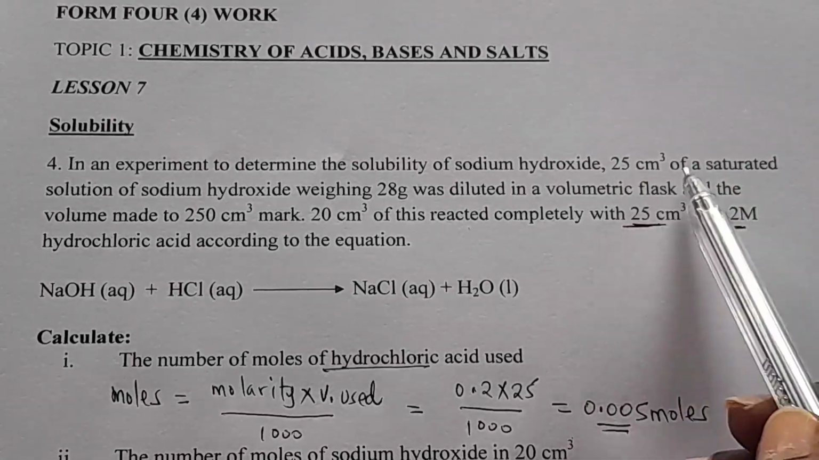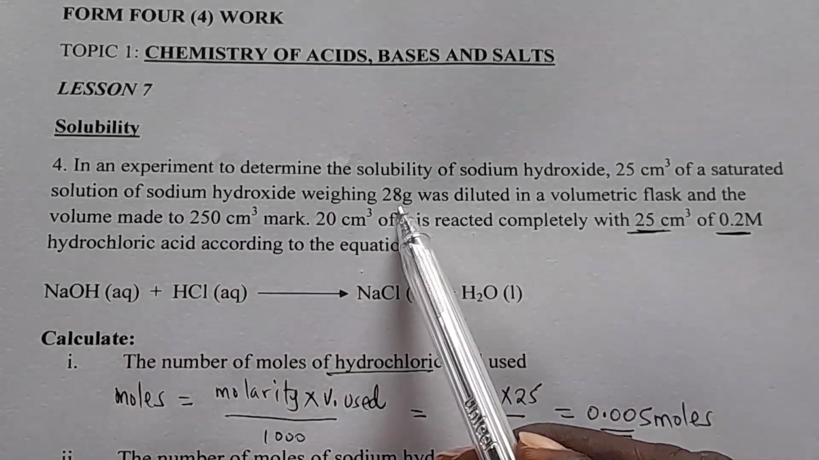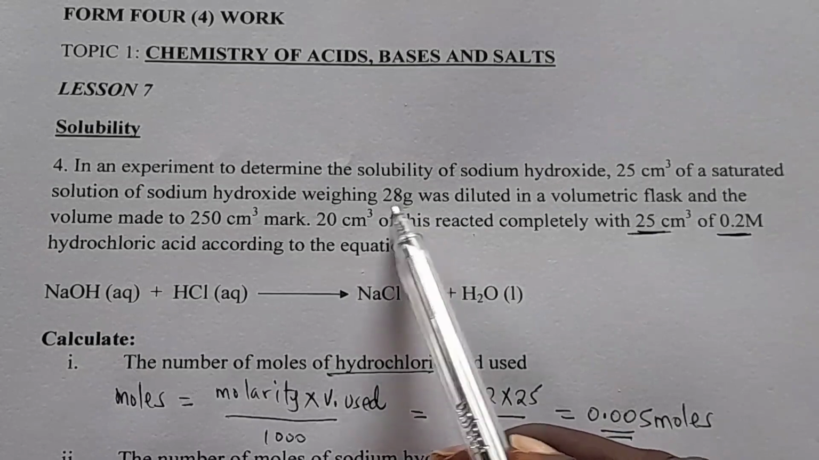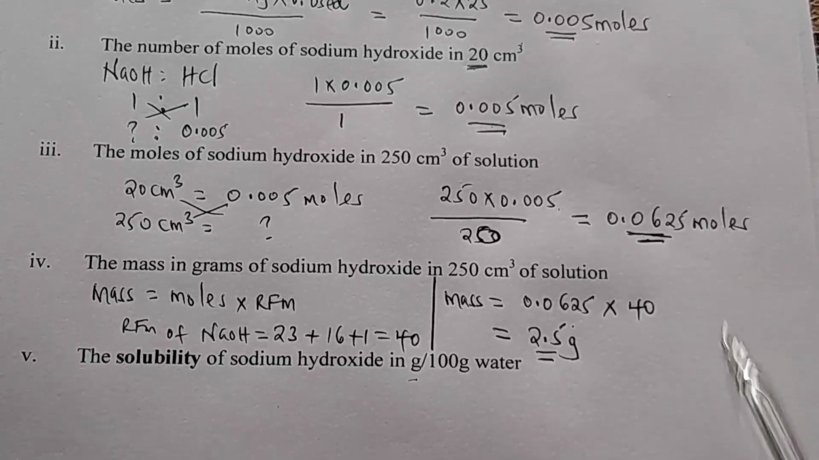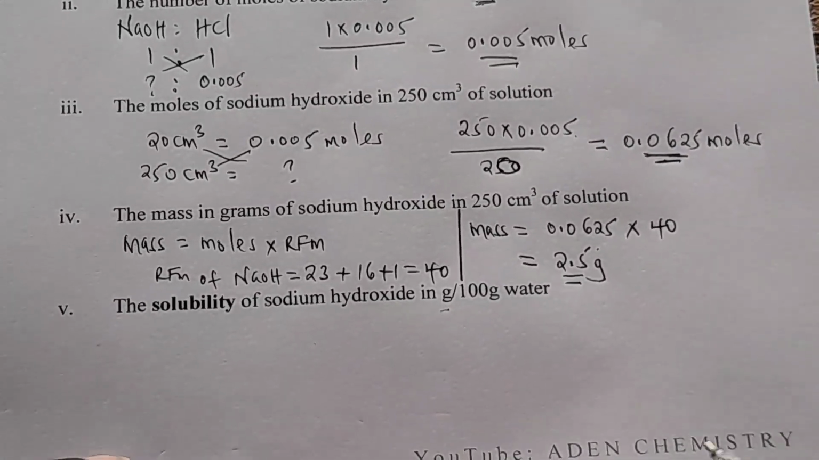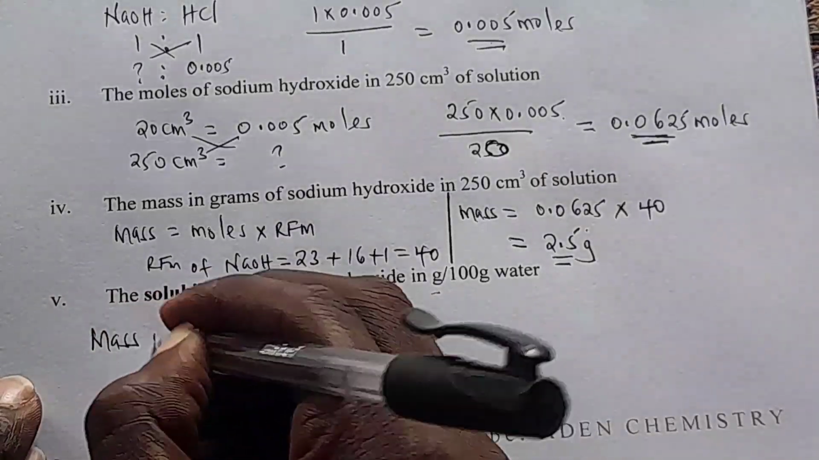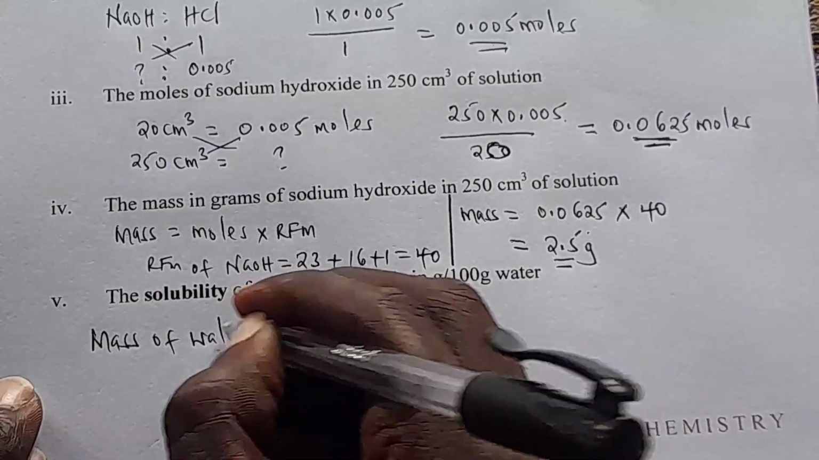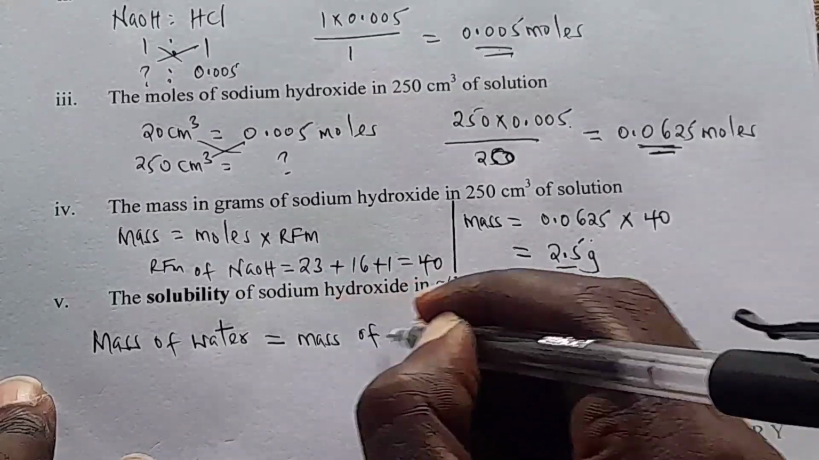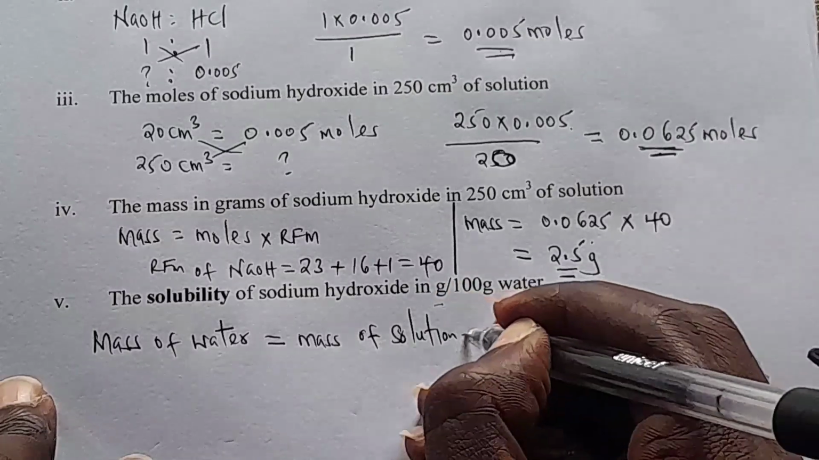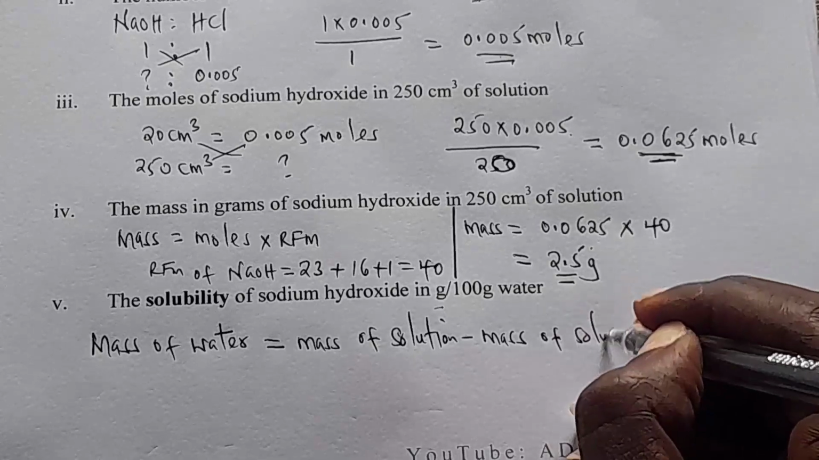We are told 25 centimeter cube of saturated solution of sodium hydroxide weighing 28 gram. So this is the mass of the saturated solution, or mass of the solution. And we have gotten the mass of the solute as 2.5. So can we get the mass of the solvent, or the mass of the water? Yes, we can. Mass of water, that's the solvent, will be equal to mass of solution